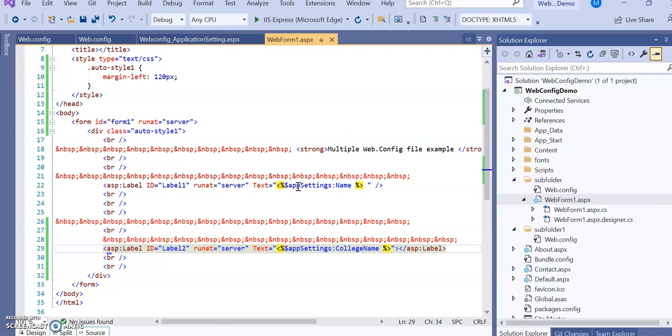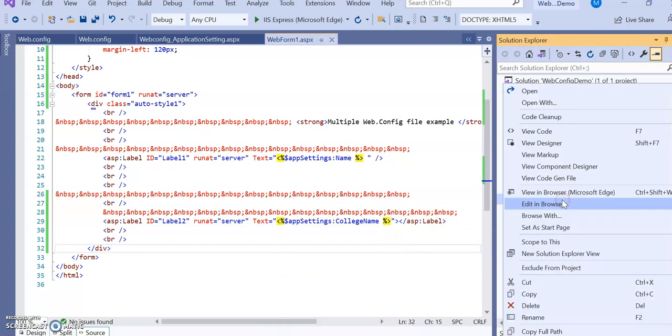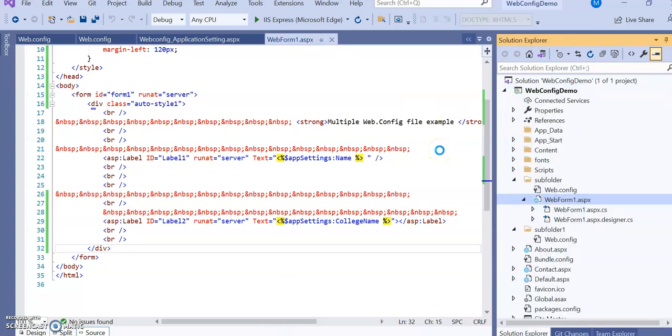The other way is to write text as percent, dollar, appSettings, then colon and the key name, and end with the same percent and the tag, written inside double quotes. For label 2, you can see percent, dollar, appSettings, college name. Let's run this program, view in browser. See, here you can see it is showing IIT Delhi and IIT Madras.